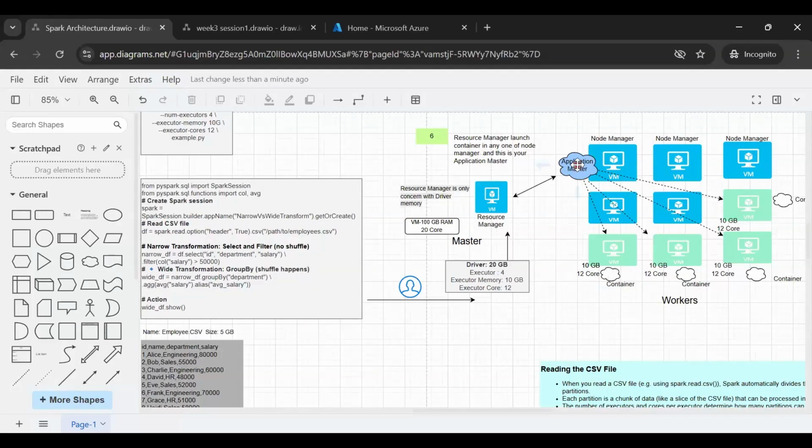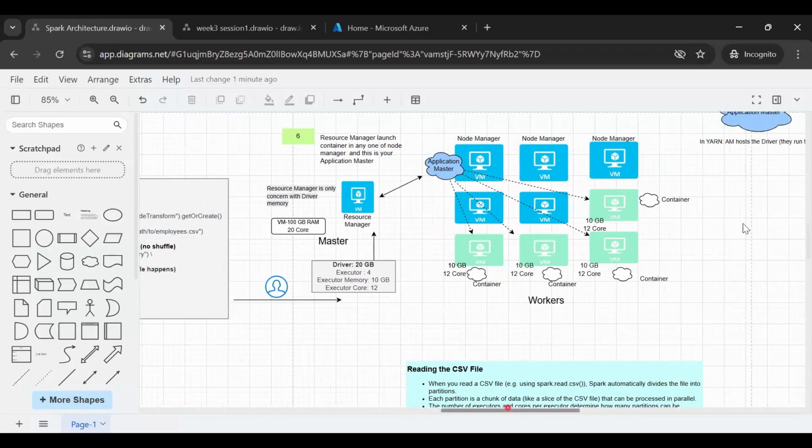Now on the driver side, I told you, let's say your file is big enough, some terabytes of data, and you apply collect, which is an action. Then you might get an out of memory error because your driver doesn't have enough memory to handle that much load. So generally what people do is sink that data at some other place. It could be S3 or anywhere, or even